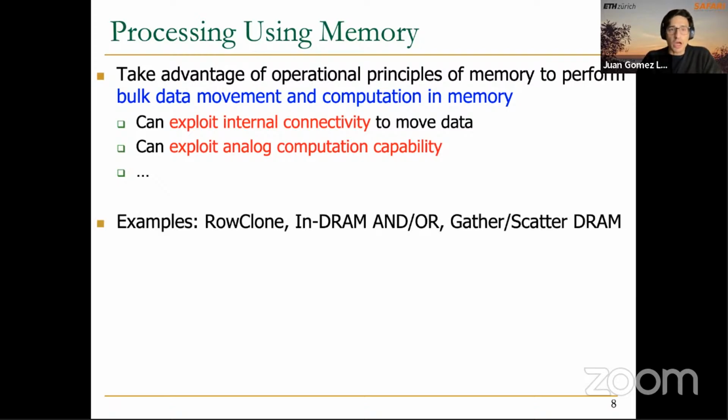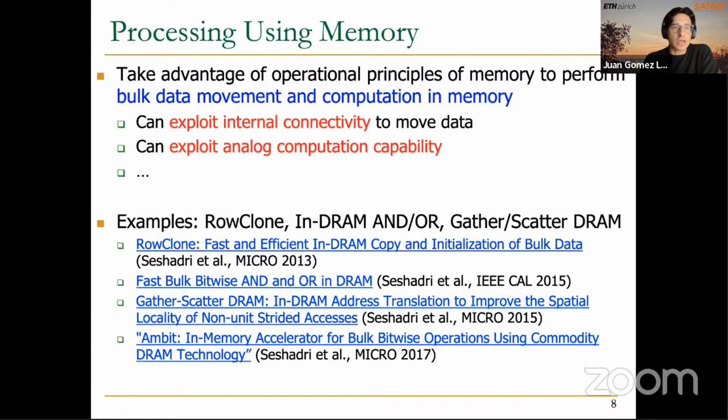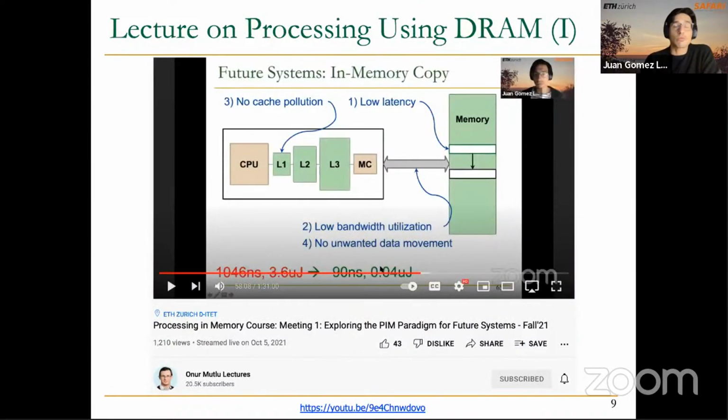There are some approaches, some examples that we have discussed in previous lectures, like RowClone or Ambit. Those we are going to recall today. But you have here some links to the corresponding papers. And if you want to refresh everything that we covered in previous lectures about processing using memory or processing using